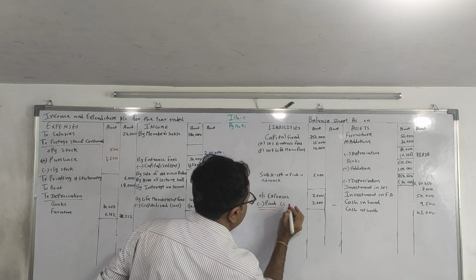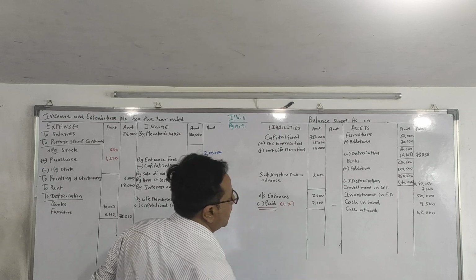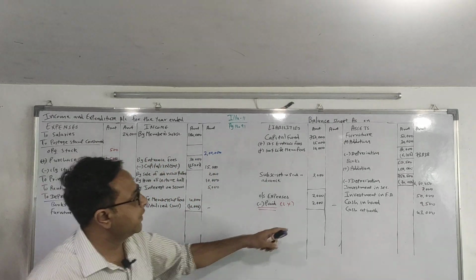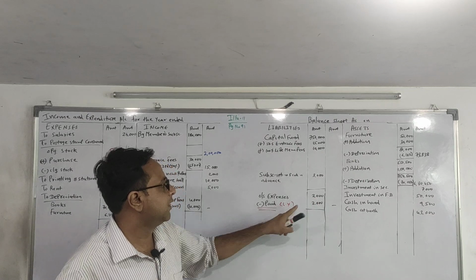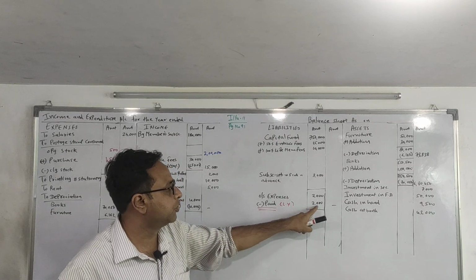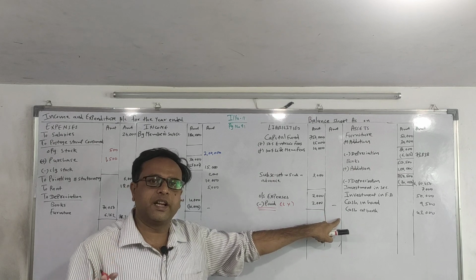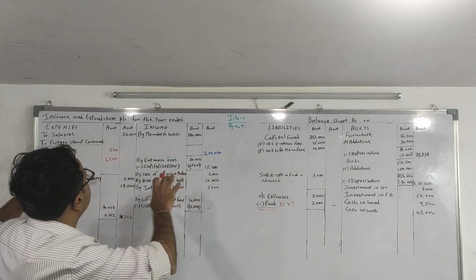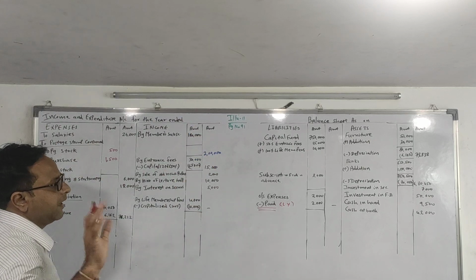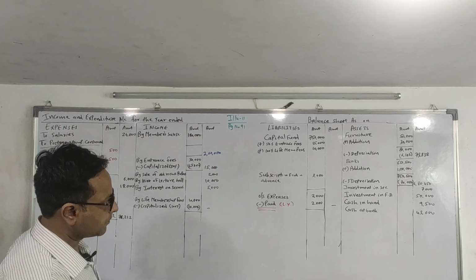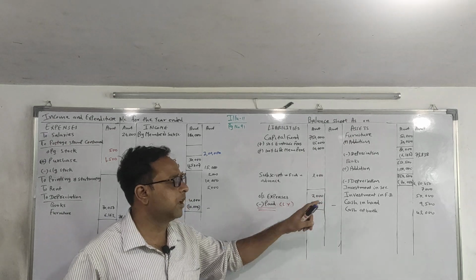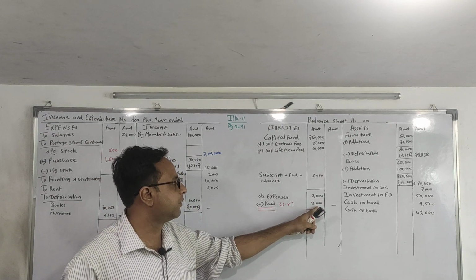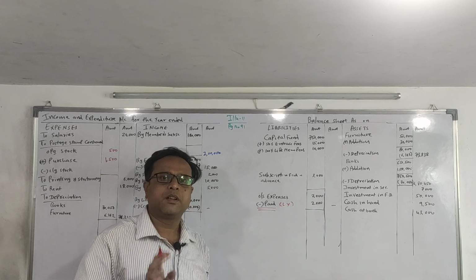This is of last year, not of the current year. Outstanding expense of last year, which we have already mentioned in my balance sheet. Now we are paying it. So last year paid 2000, outer column dash. It is not an expenditure of the current year, so we are not supposed to write it in my income and expenditure account. If you write it in the inner column, you can immediately strike it, as this is of last year. So I have to reduce it from the liability, and outer column dash.